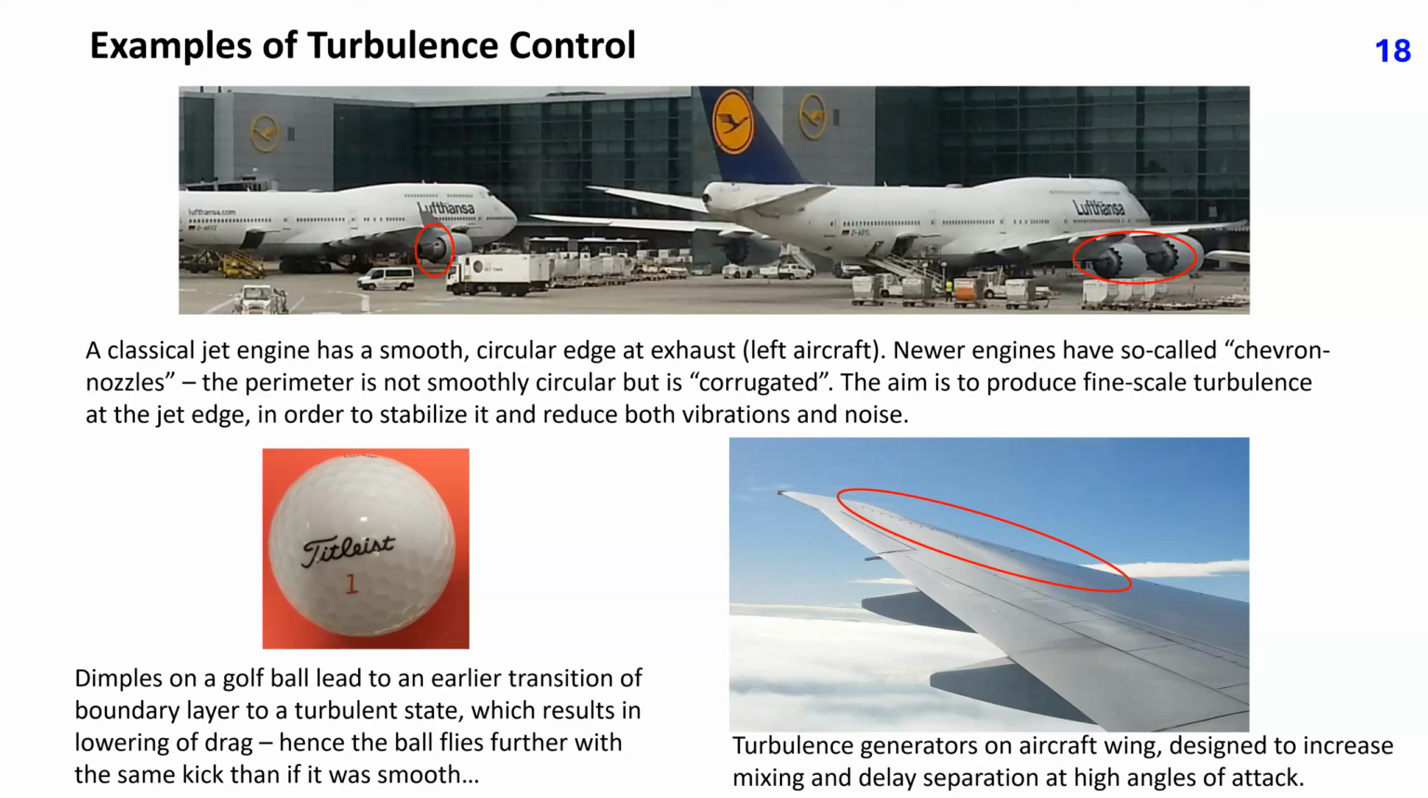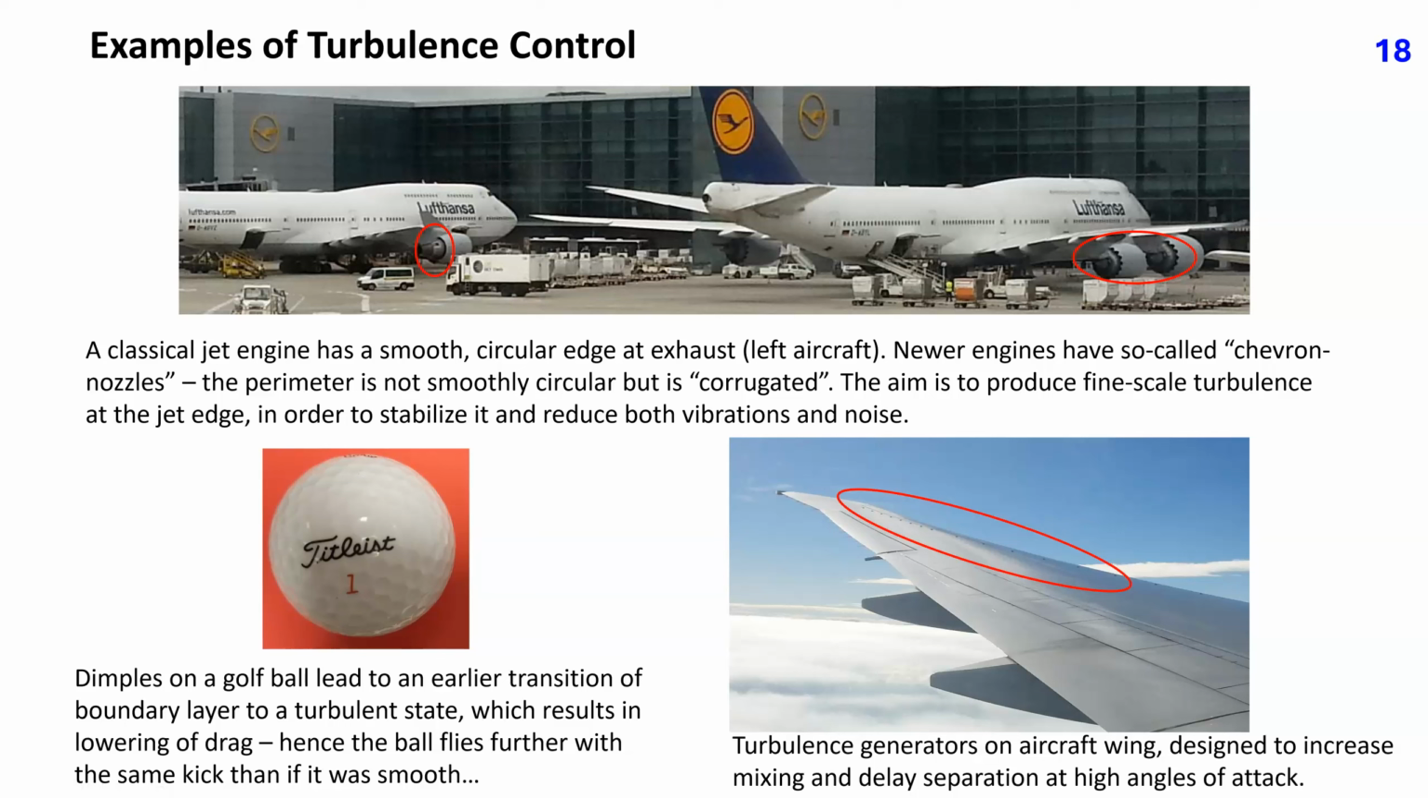Here are 3 examples of turbulence control. A classical jet engine has a smooth circular edge at exhaust, as on the left aircraft. Newer engines have so-called chevron nozzles. The perimeter is not smoothly circular but is corrugated, as on the right aircraft. The aim is to produce fine-scale turbulence at the jet edge in order to stabilize it and thus reduce both